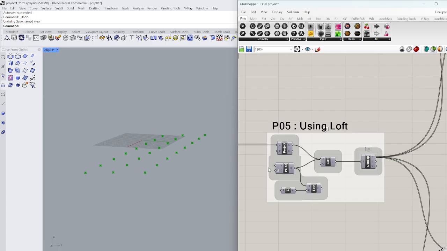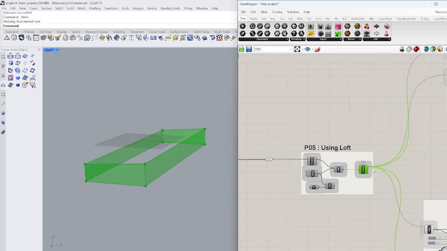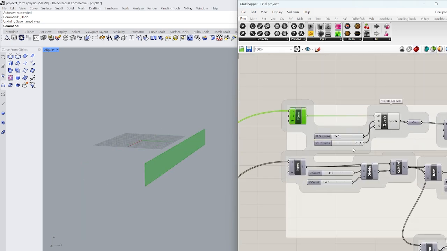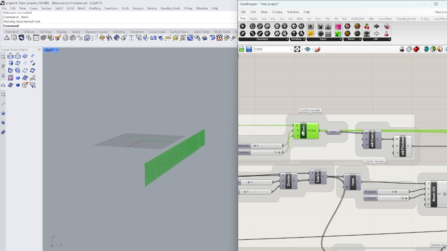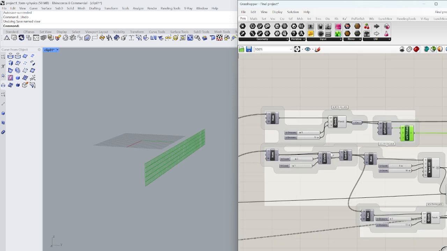For this part, I used the same points that I used to generate the base column, created a polyline, projected it, and then locked them together, then deconstructed each face alone. Used the Item List to select a single face, turned it into a surface quad, then we used the Weaverbird Thickness to get this mullion. And for